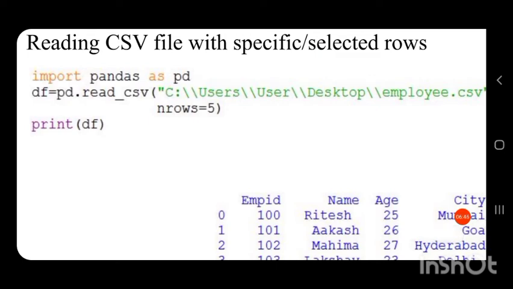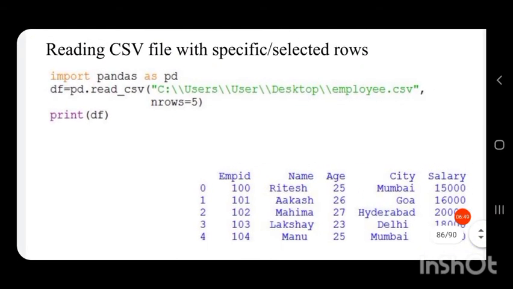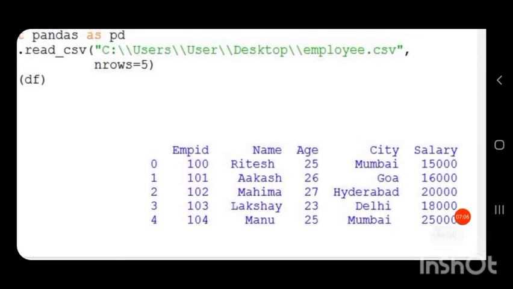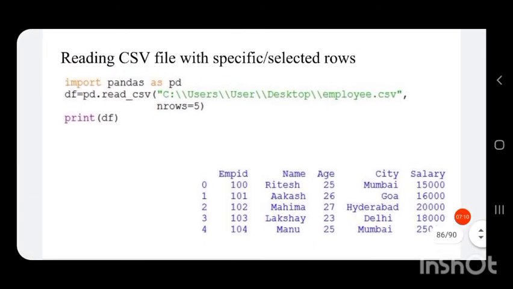Here 5 indicates the first 5 rows of the CSV file will be imported to our data frame. So first 5 rows of the CSV file will be selected and a data frame is created with them.